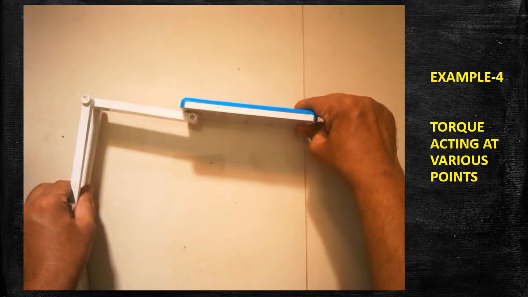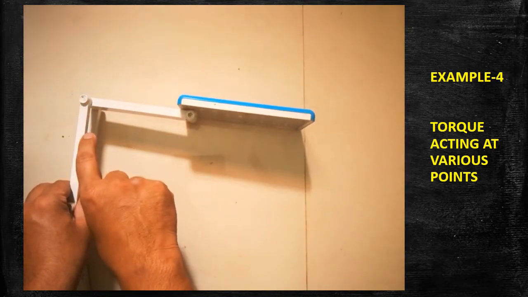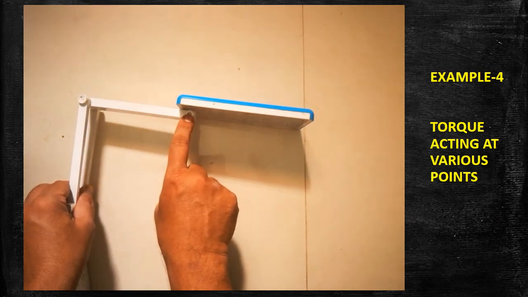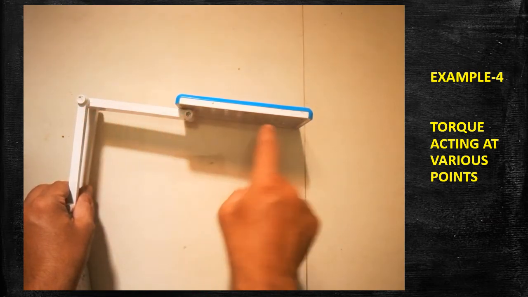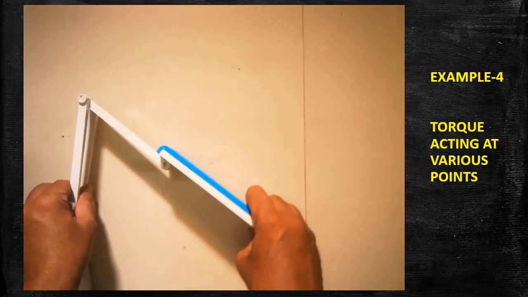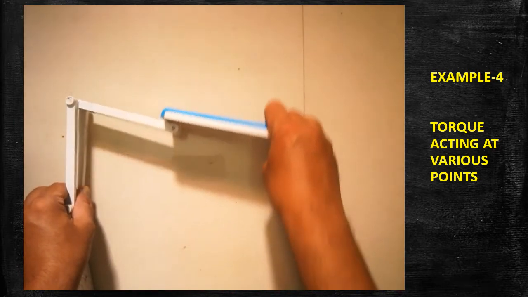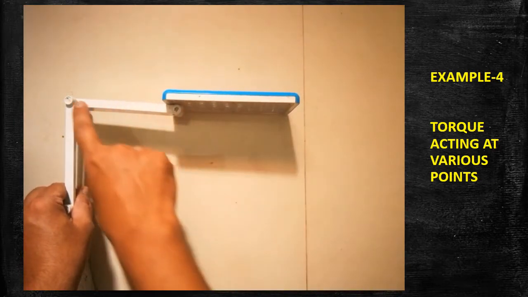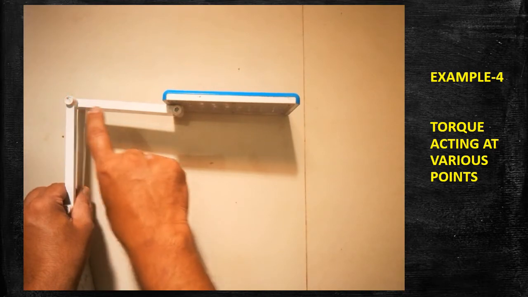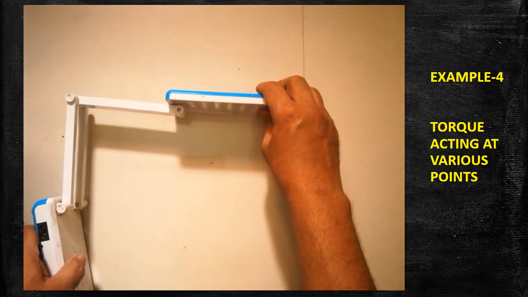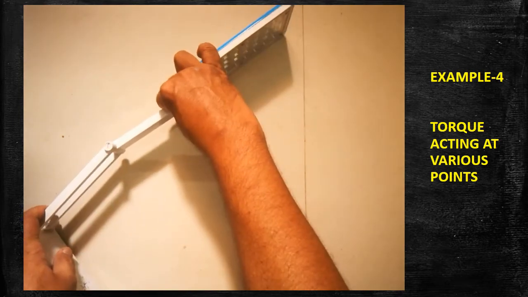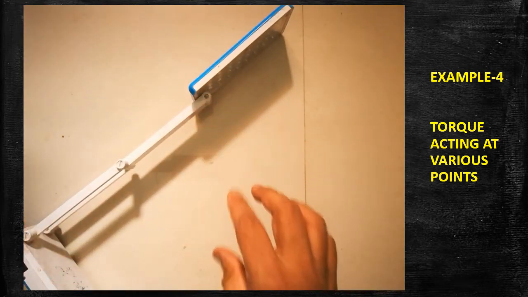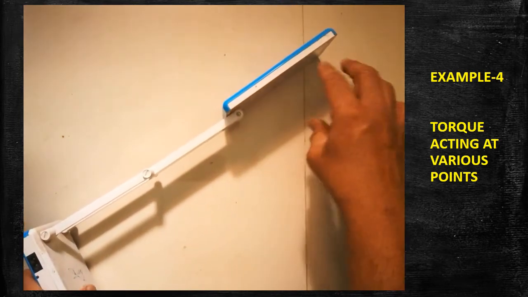So now the torque is acting here. Previously torque was acting here. Now this one becomes the perpendicular distance. If you apply the force here and there, that force and perpendicular distance cause the torque here. Are you clear? Now further, if the length is extended, tell me where the torque is acting.